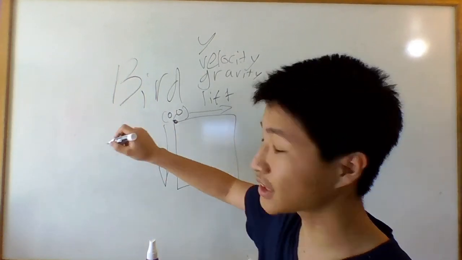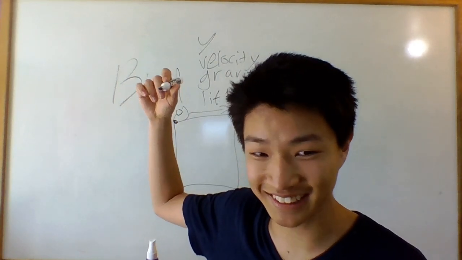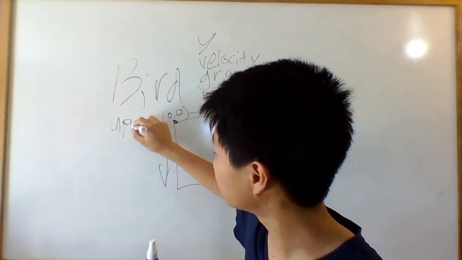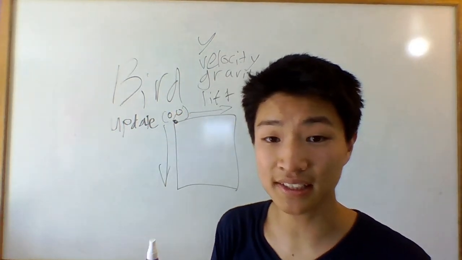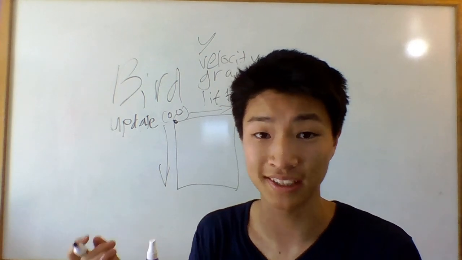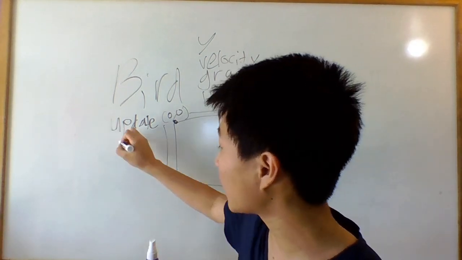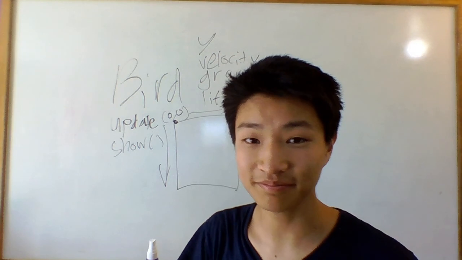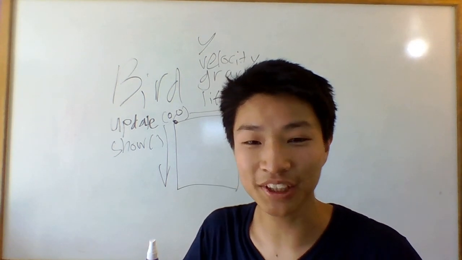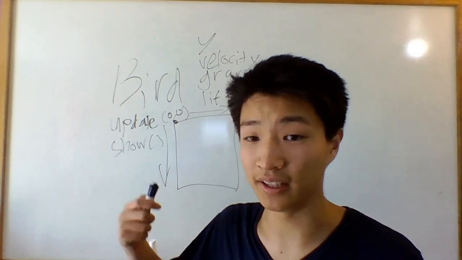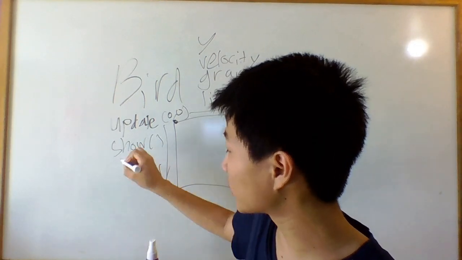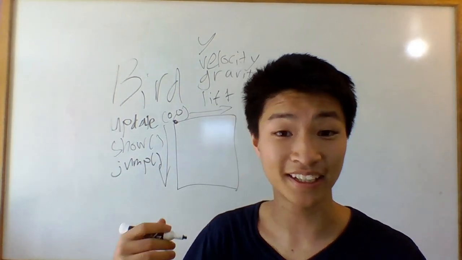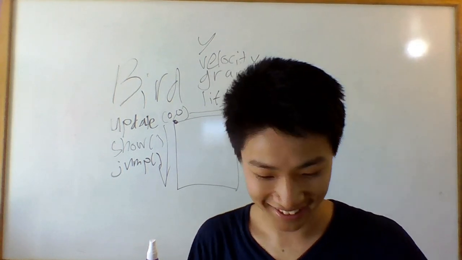So the couple of functions that we want to have are our update function, right? All our update function does is it does all the background work. It does all the physics. It does all the adding and subtracting. And then we have our show function. All the show function does is it draws our image. It does all the visual stuff. And we're gonna have one last function for our bird, the jump function. All the jump function does is it has our bird jump. Okay,